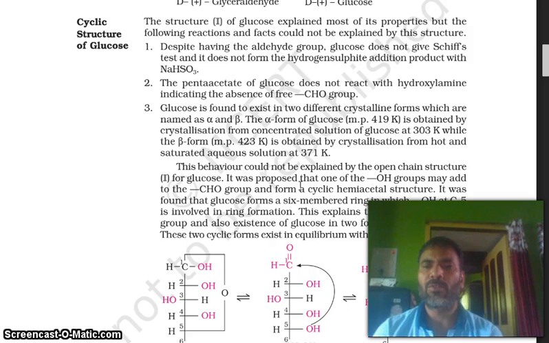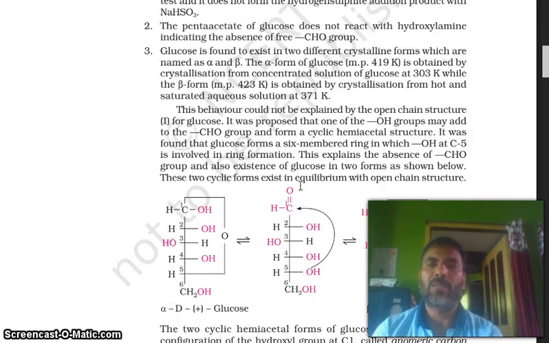The alpha form of glucose is obtained by crystallization from concentrated solution of glucose, while the beta form is obtained by crystallization from hot saturated solutions. This behavior could not be explained by the open chain structure. For glucose, it was proposed that one of the OH groups may add to the CHO group and form a